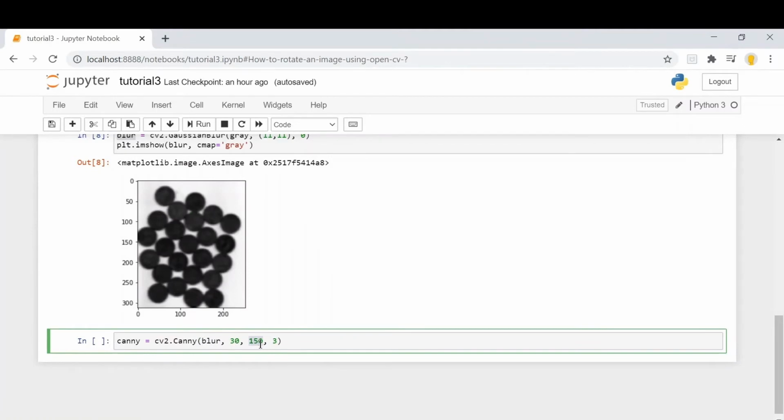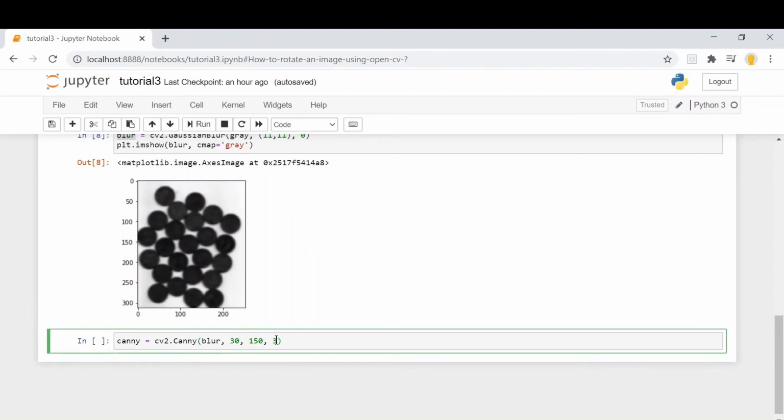The second and third parameters are the minimum and upper values of the threshold. The Canny edge detector will calculate the values of the edges, and if any edge has a value less than 30 it won't be considered an edge, and if any edge has a value above 150 it will be counted as a sure edge. Any value that lies between 30 and 150 will be considered an edge depending on whether it is connected to an edge which has a value greater than 150.